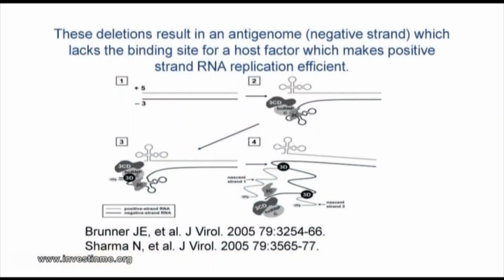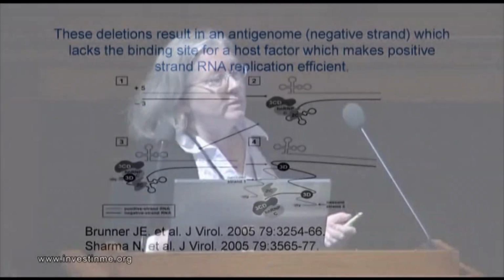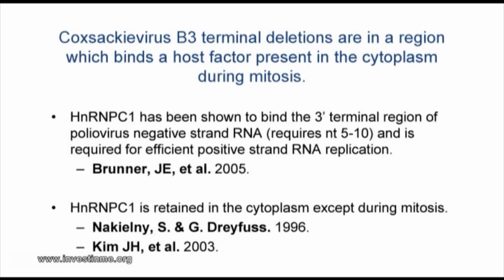Okay, so the part of the genome where we have these deletions is a part that's known to bind host factors. And labs other than mine demonstrated that that part of the genome was not only important for the positive to negative strand ratio when they engineered mutations, and in this particular case they're using poliovirus, but it's also a place where this factor binds, and this factor is very important for having a lot of genomic replication. Okay, our particular virus has lost that binding site for that host factor,